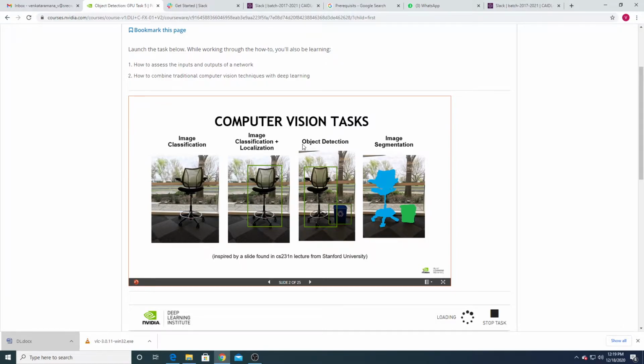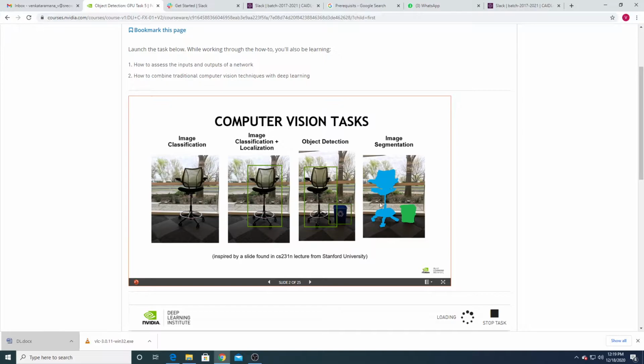And if in your image you have two objects, one is a chair and another is some dustbin, you have to localize each object. Yes, in this region we have a chair, and in this box we have a dustbin. So multiple object localization in the same image is called object detection.